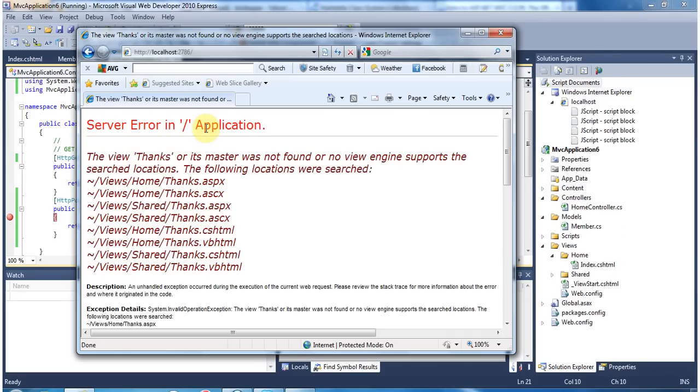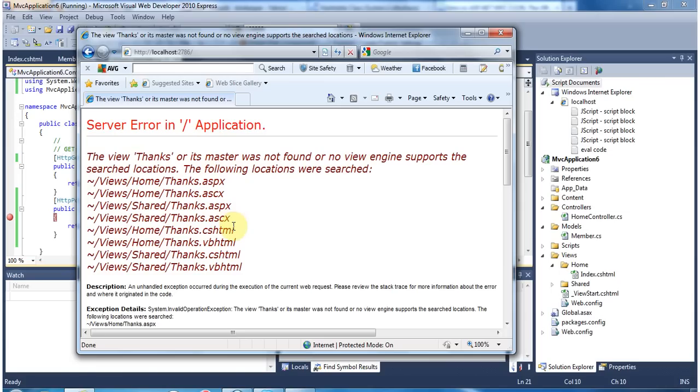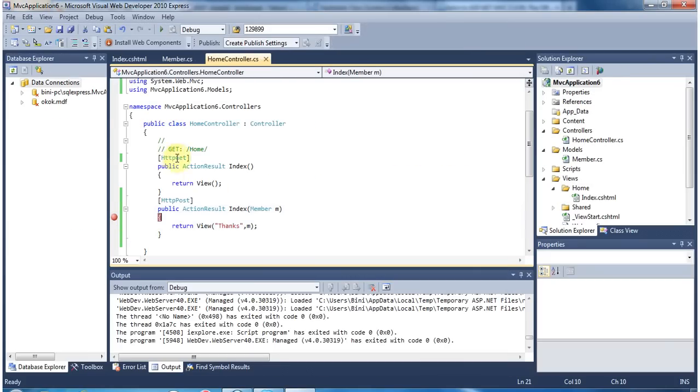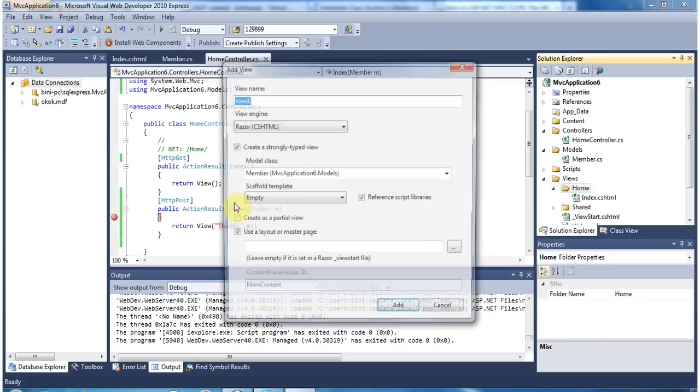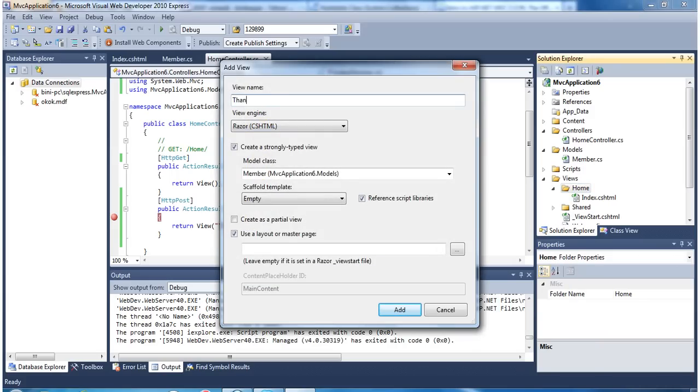Now it's looking for the thanks cs.html page. So anytime you get this page, it means it's missing a view page. We have the default view that's indexed, but we need the thanks page. So let's go to this home, right click, add a view, and say thanks, and keep this Razor MTL, and we're